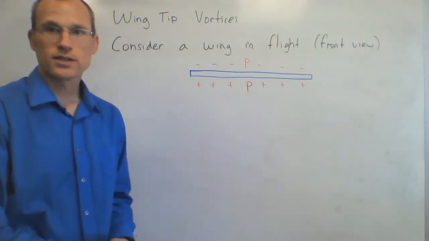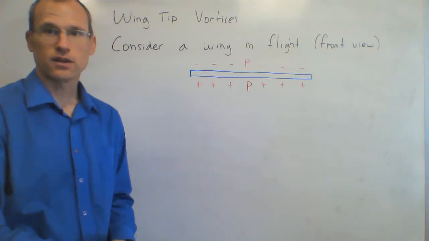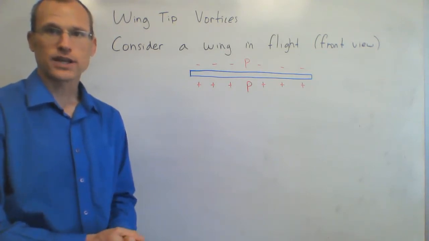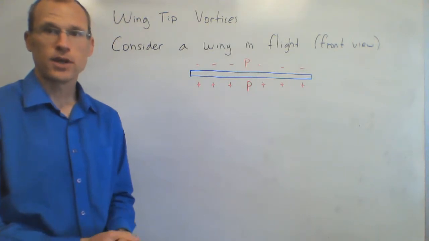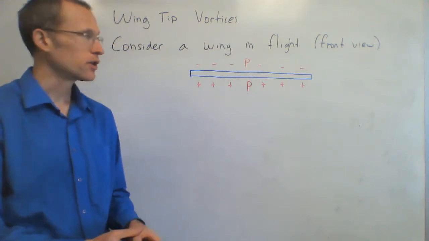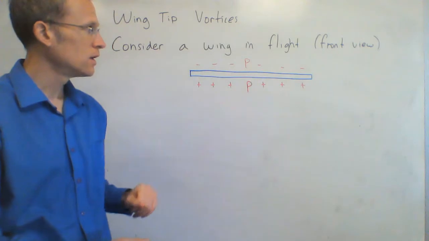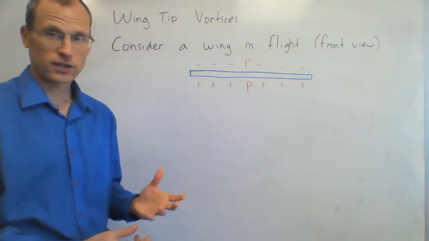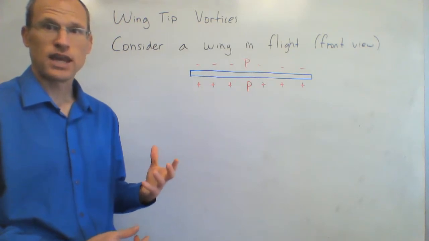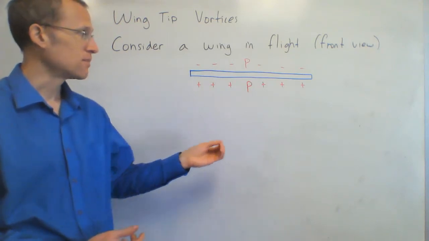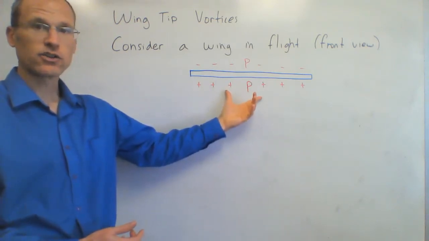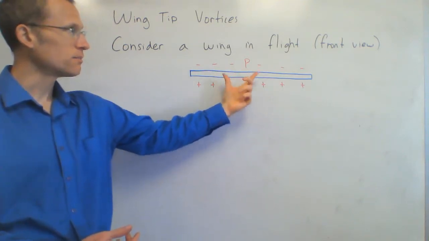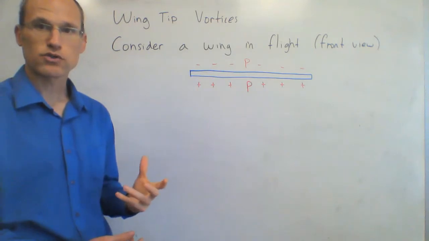So the last thing we want to consider before getting to the actual values of CL for wings and airfoils is if you look at what's actually happening to a wing that's in flight, so a wing that's actually flying. So here's my front view, my wing, so it's coming at us, flying. And because it's flying, I know that it has to generate lift. If it's generating lift, that means that my pressure on the bottom needs to be higher than the pressure on the top. So I just model that with a little plus sign. So plus signs on the bottom, minus signs on the top,